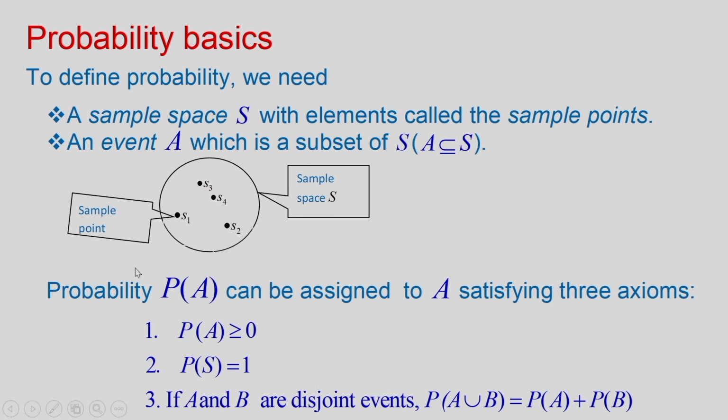Now, probability P(A) can be assigned to A satisfying 3 axioms. Number 1: P(A) is greater than or equal to 0, probability is always positive. Number 2: P(S) is equal to 1, the probability of the sample space is always equal to 1. Number 3: if A and B are disjoint events, P(A union B) is equal to P(A) plus P(B). This is the third axiom. So, it says that if two events are disjoint, then the probability of their union is the sum of their